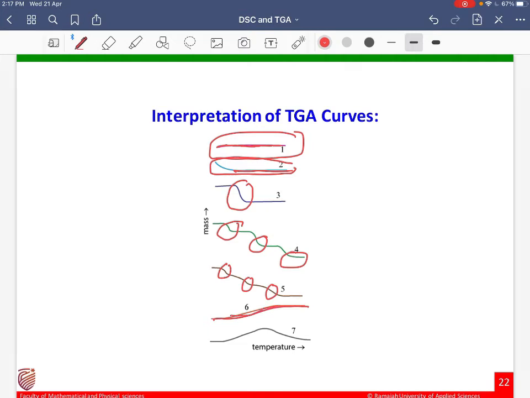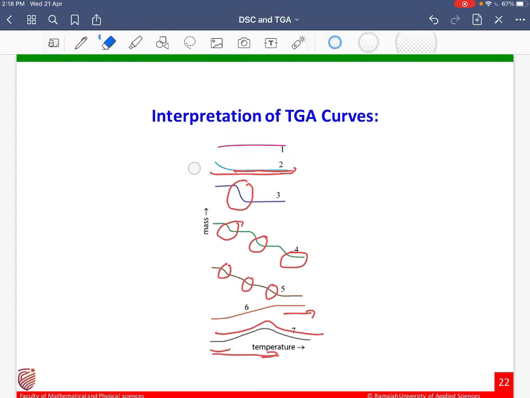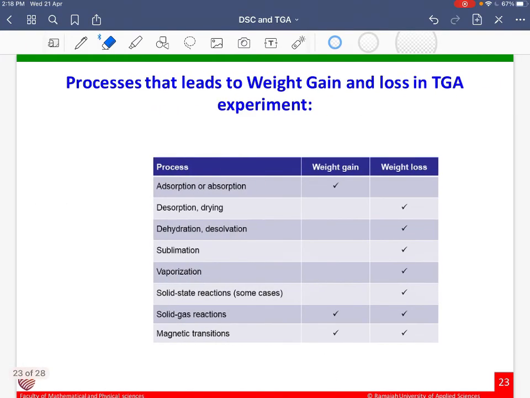Here the mass is increasing a little bit, and then it goes straight. Here also, when you increase the temperature, mass increases a little bit, then it decreases. So several trends we can see in TGA curves or portions of TGA curves, based on the material that we took and the reactions the material undergoes during the temperature change, mainly during the temperature